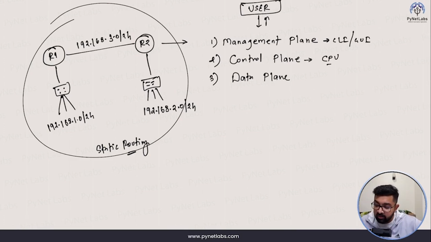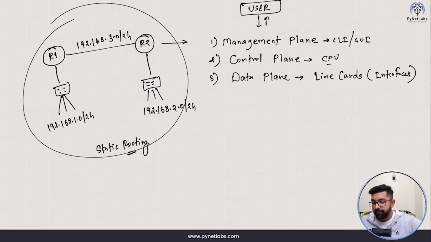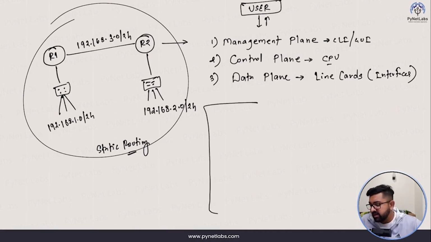So the management plane instructs the control plane about the necessary configuration that needs to be done. And post that, the control plane is also going to notify the data plane about the best path calculations and all of the decisions that it has made, because the data plane works with the line cards, or you can also call them interfaces. And that's how a device is made up. If I give you a very logical overview of it, think of it this way. You have a device,